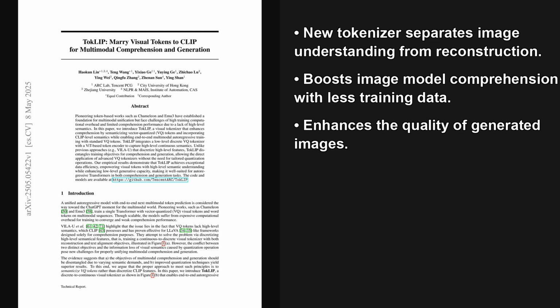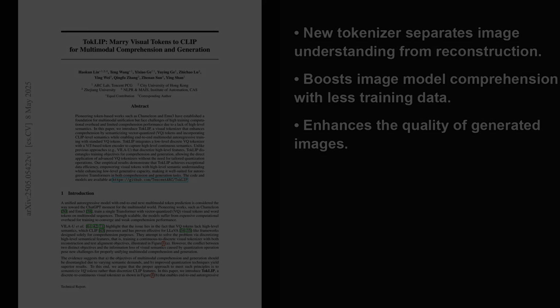Today, we're looking at a really interesting paper called TokLIP. That's TokLIP. It's all about improving how AI models handle both understanding and generating from images and text. So, previous models often struggled with high training costs and couldn't quite grasp the deeper meaning in images. This paper introduces TokLIP, a new visual tokenizer. A tokenizer is what breaks an image down into small pieces, or tokens, for the AI. TokLIP makes these tokens smarter by adding high-level semantic understanding, borrowed from CLIP, making it great for both comprehension and